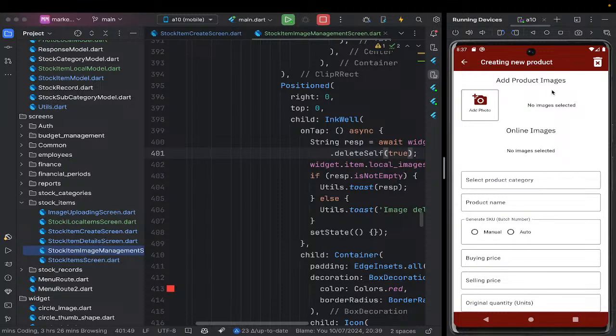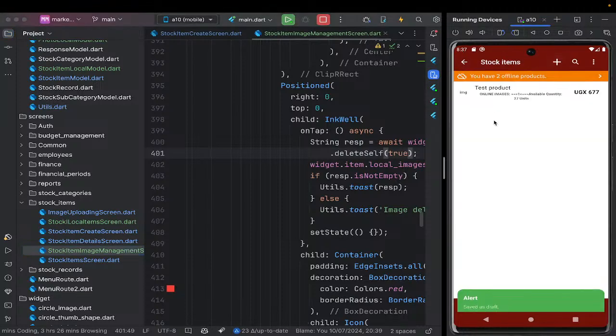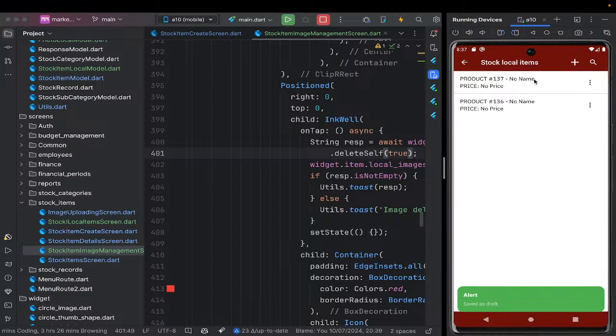That's it. So now when you shall be deleting, for example, if I save this as draft, when I delete it, it should not interfere with the one online. For example, if I delete from